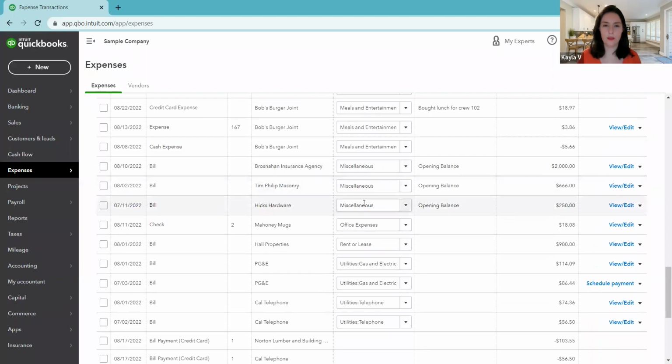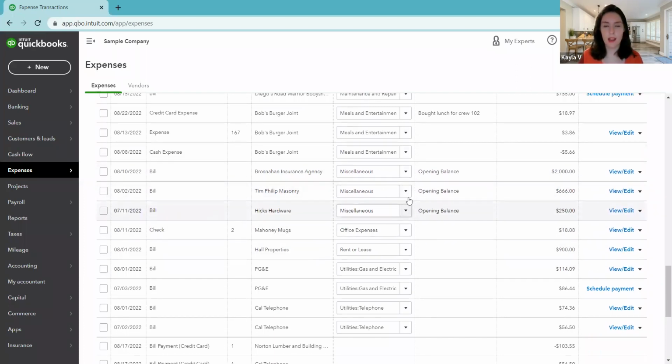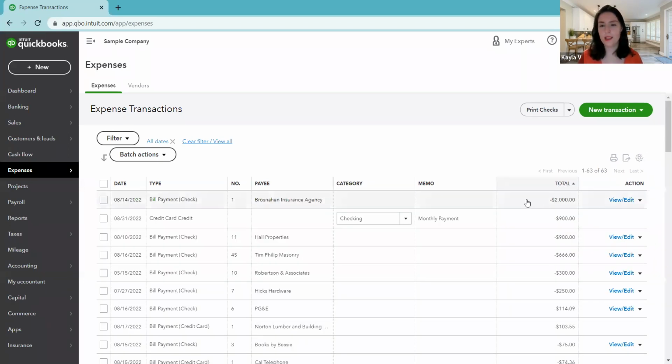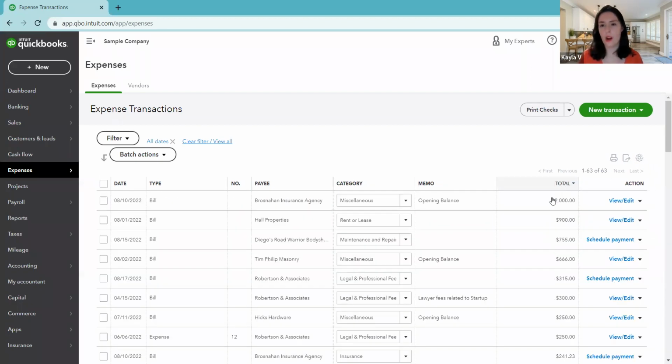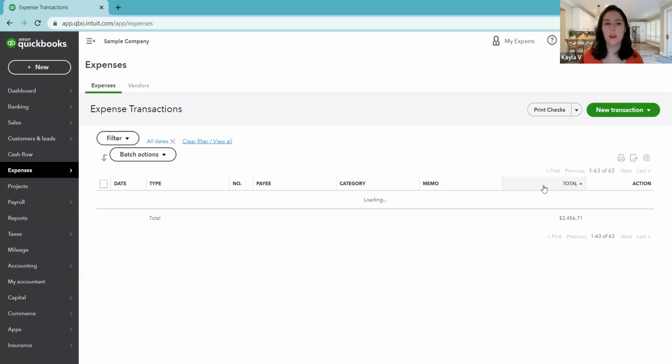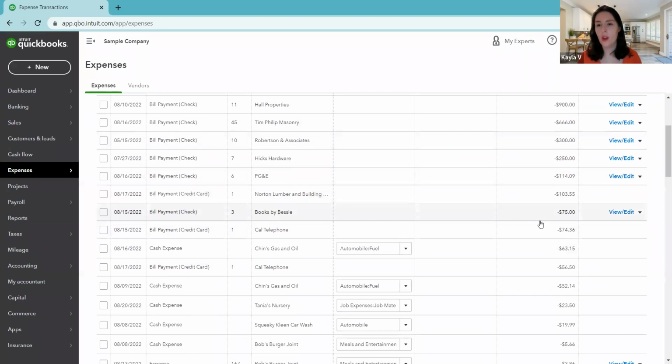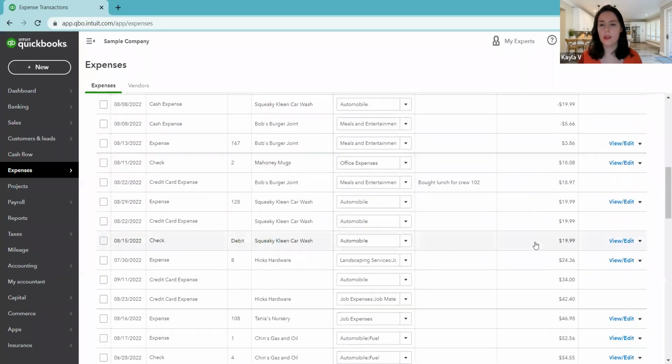And then that helps us also, because then we can see, oh, there's a few miscellaneous transactions. So maybe we need to fix that and give it a transaction or give it a category. All right. And then another one is the total. So if you want to see maybe your largest expense total, or you want to see the bill. So notice the bills are positive numbers and then the bill payments were the negative numbers. So this is where we could see if we're trying to find something or figure something out, this could be